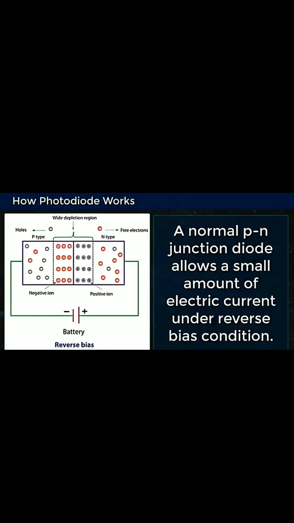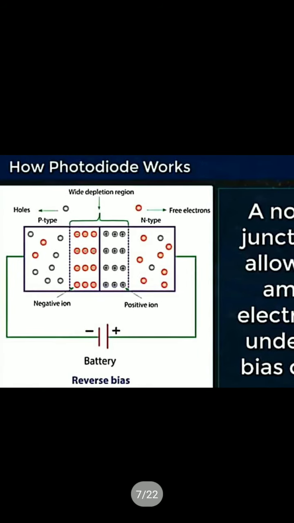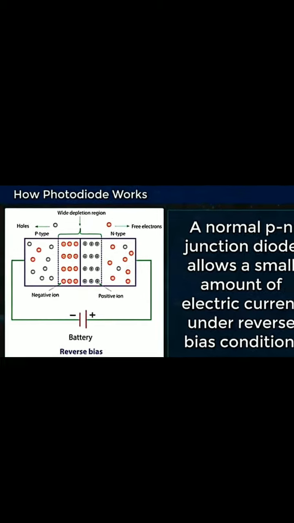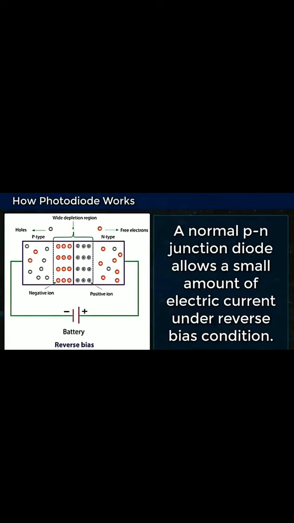As shown in this figure, within the dotted sign, in the P side, the negatives, that is the red color, are accumulated over there, and in the N side, the positive immobile charges are accumulated. We know this will happen when the PN junction diode is formed, and due to the reverse bias, we know that this width increases. But the minority carriers are very small charge carriers, so they will easily sweep out of this depletion layer, and that's why we get a very small amount of current, that is called reverse saturation current.